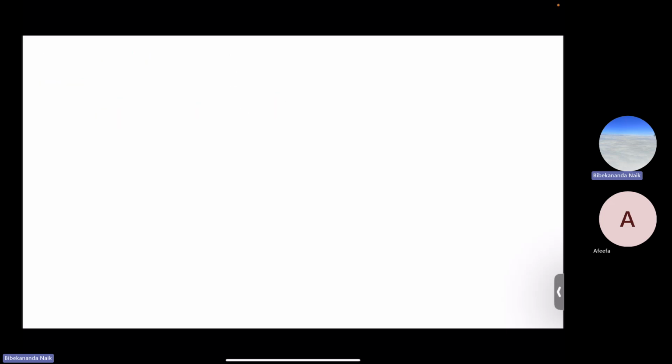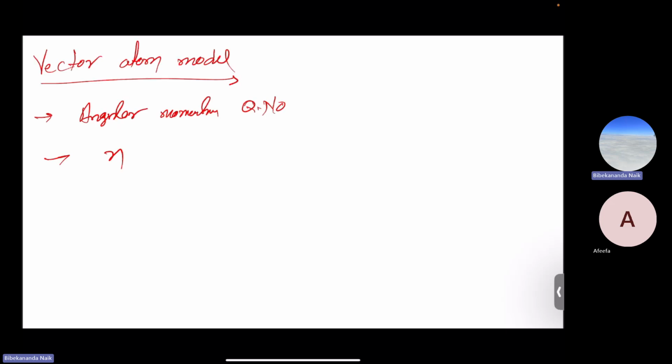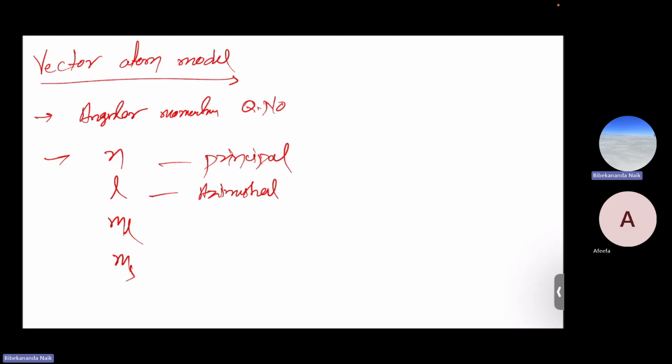So we got new quantum numbers n, then l, then ml, and ms. This is the principal, this is the azimuthal, this is the orbital magnetic quantum number,